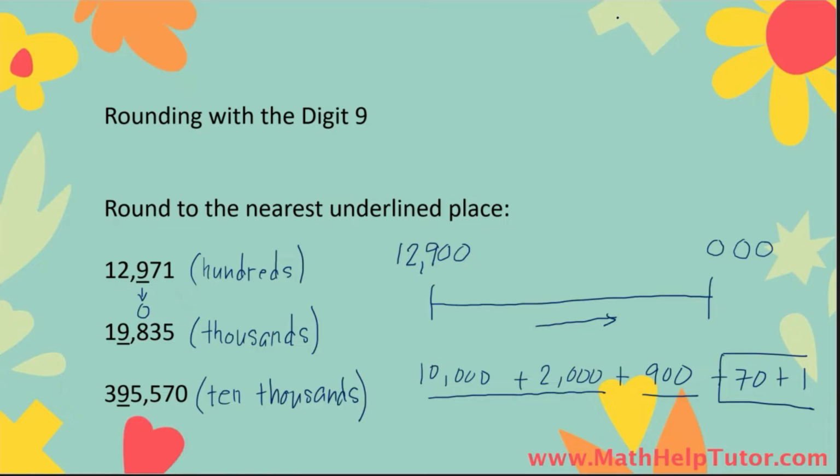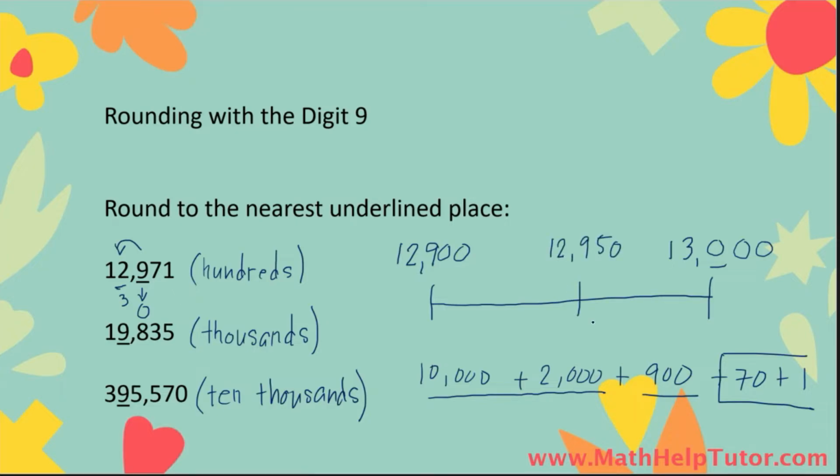So it's kind of like, when we count 1, 2, 3, 4, 5, 6, 7, 8, 9, and then we have to go back to 0, right? But we have to add 1 to the next place to the left. So it's the same thing here. So the hundreds place becomes 0, but we have to add 1 to the next place. So this becomes 3. So now we know that the next hundreds place is 13,000. So our current hundreds place is 12,900 and the next hundreds place is 13,000. Next, we find the value between 12,900 and 13,000,